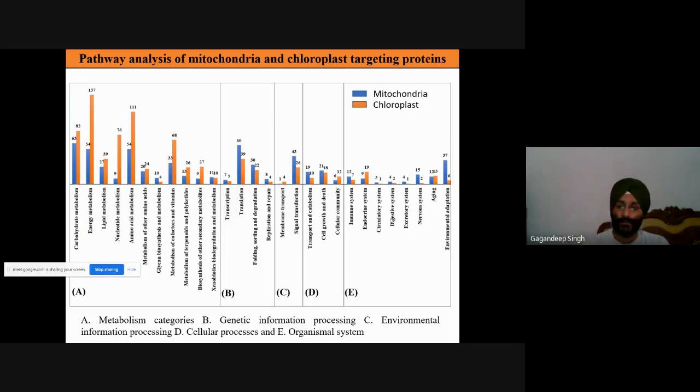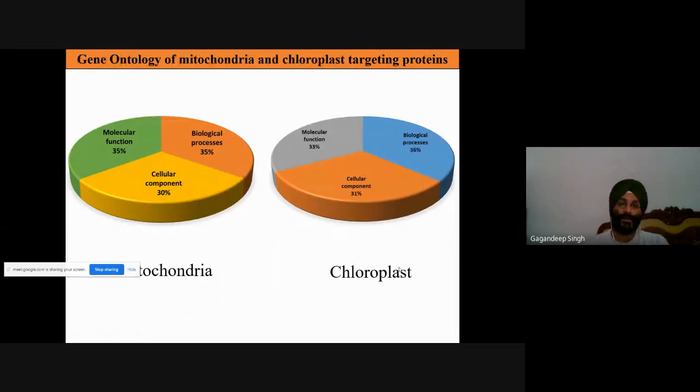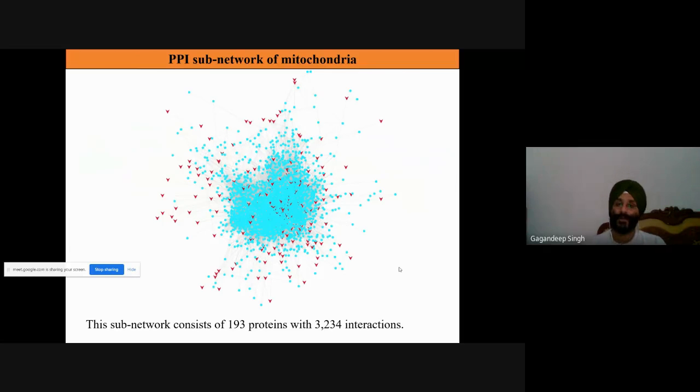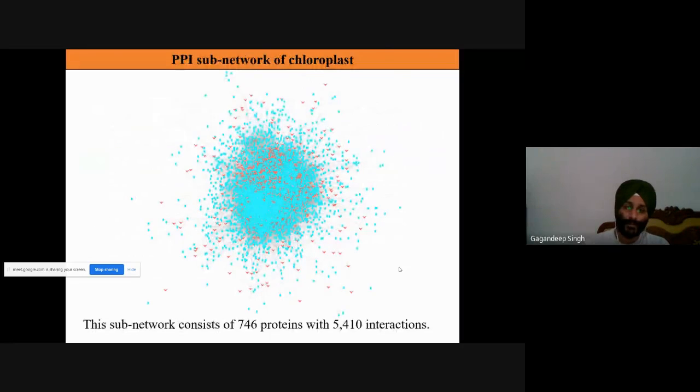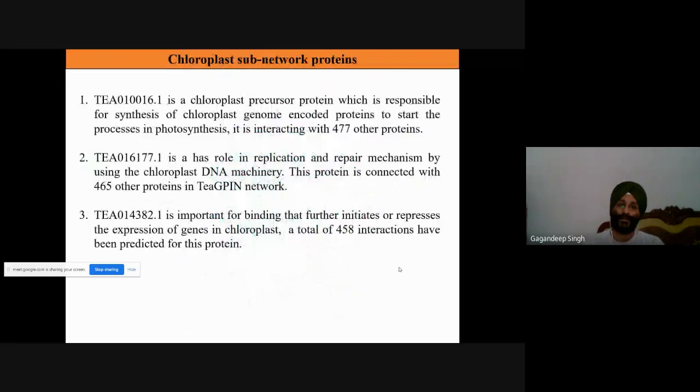Also, we can easily categorize the chloroplast and mitochondria. This is single cell genomics, meaning how many molecular functions, biological functions, or cellular components there were, we can easily categorize. And these are the subnetworks of mitochondria and chloroplast as well. We just have to identify the genes and map these genes in the overall network that I have identified. These are the genes which are important for photosynthesis.